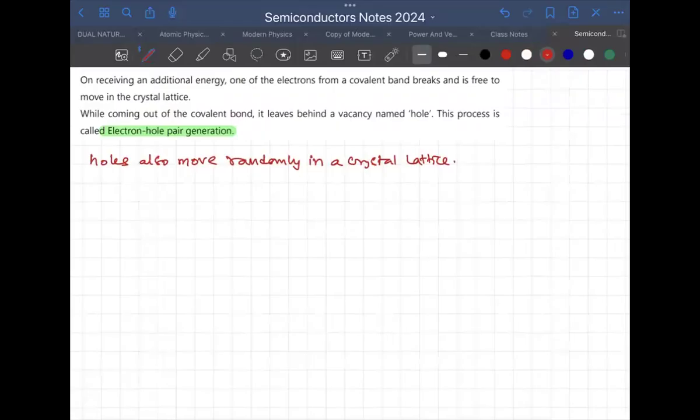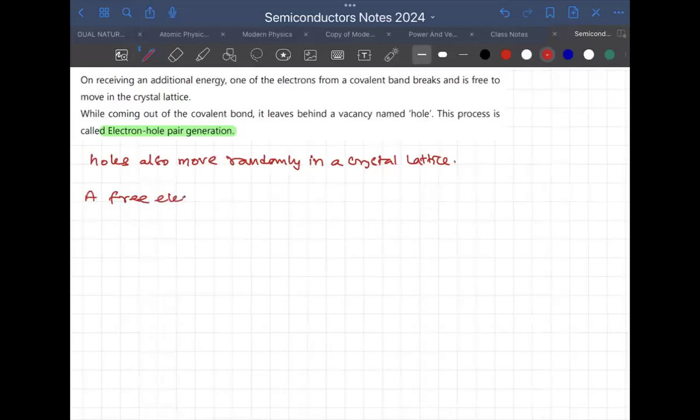For example, if this hole is filled by another electron somewhere in the covalent bond, this hole is filled with the electron and a fresh hole is created there. So which means we can assume this hole is shifted to that lattice location. So therefore, what I'm telling is